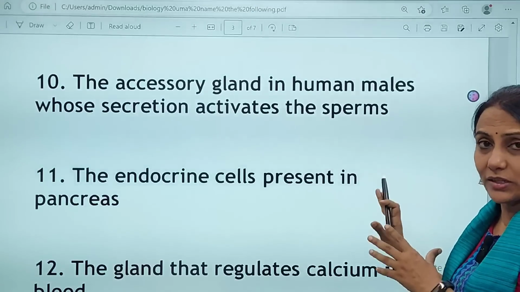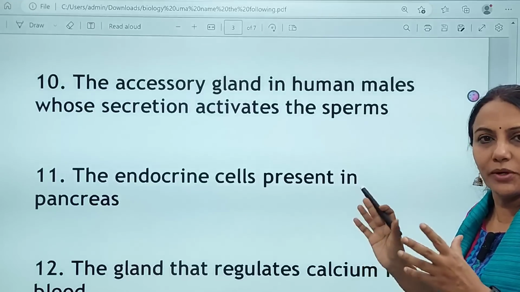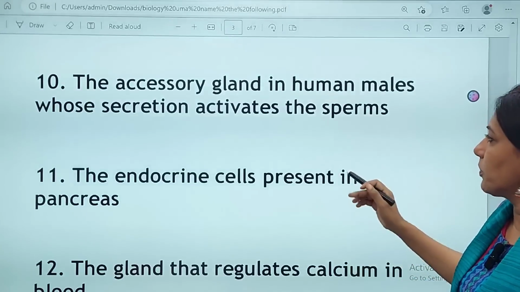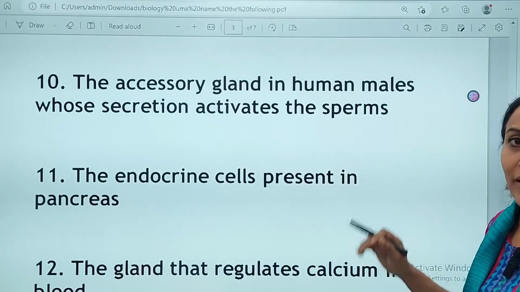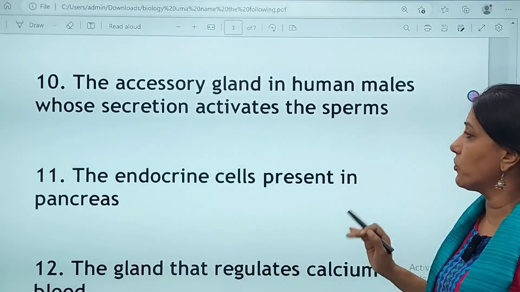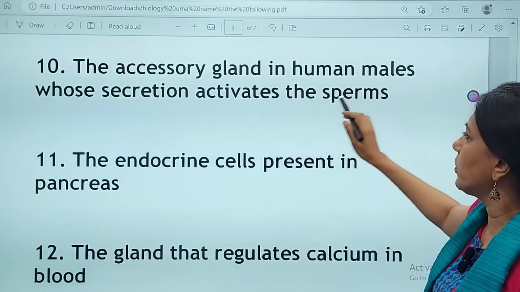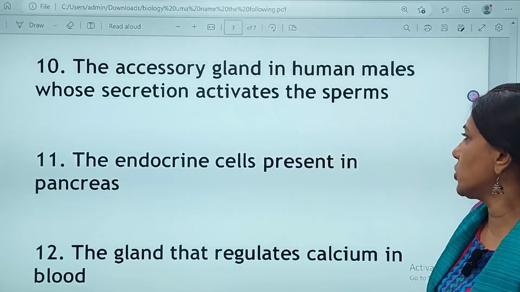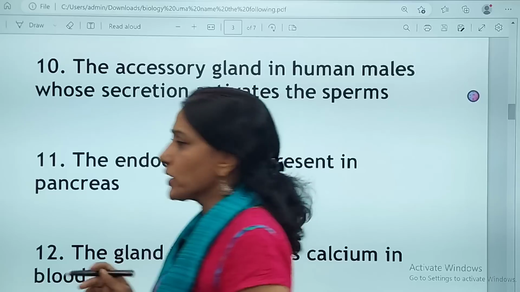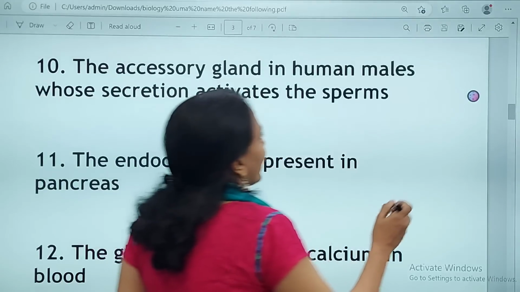The reason we have taken this chapter is because this chapter had been avoided in the earlier years, a couple of years, and now this chapter is back, and therefore there's a good chance that more questions can be from this particular chapter. So, the accessory gland in human males whose secretion activates the sperms. It's a very small gland, and the answer to this question is,